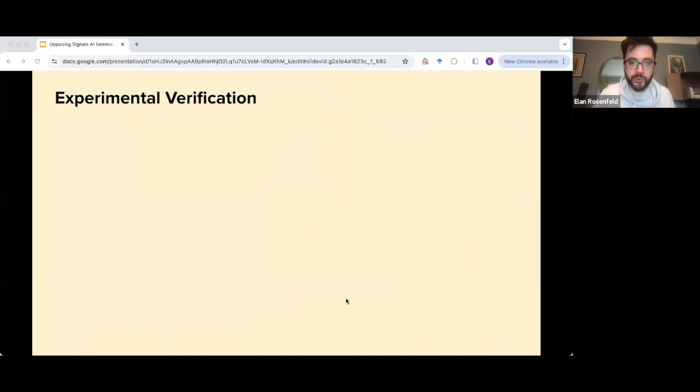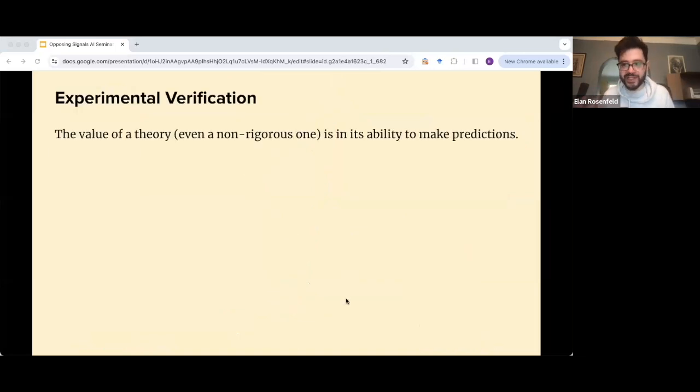Okay, so we have this high level story. It seems to match a lot of existing descriptions. And we have a little bit of mathematical theory, very basic. But really the value of any of these stories is in its ability to predict what will happen if we do certain things, and that will inform future study and future development. And this is the component that has convinced me.